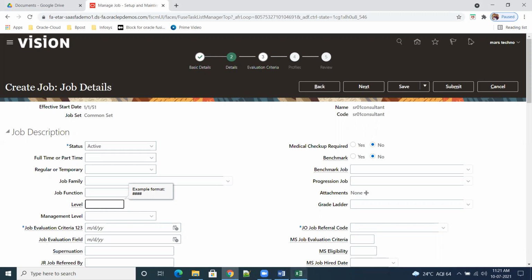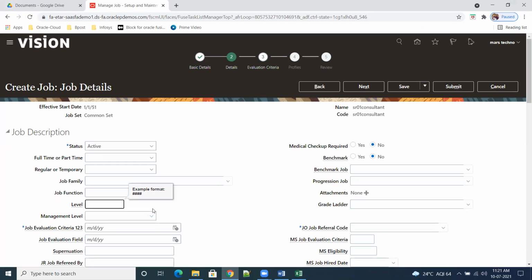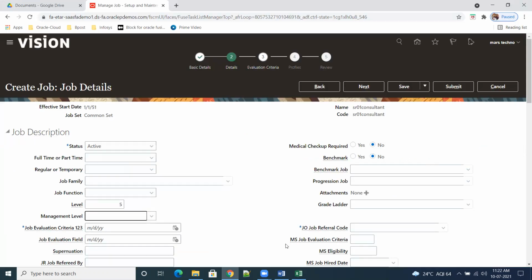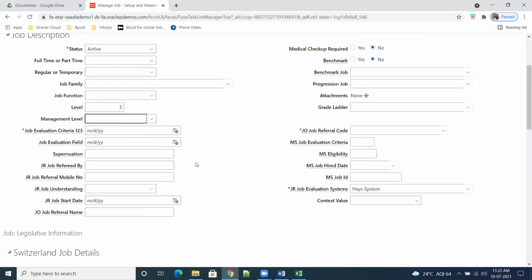Okay, now here, what is my position? Level 5. So L5 I'll keep. Must enter the value, it is not a number. Okay, so we need to enter the number only here. Okay, let us say 05, only 5 is enough. So it is 5, 6 and 7. Okay, so the remaining is all HCM related, not required for us.